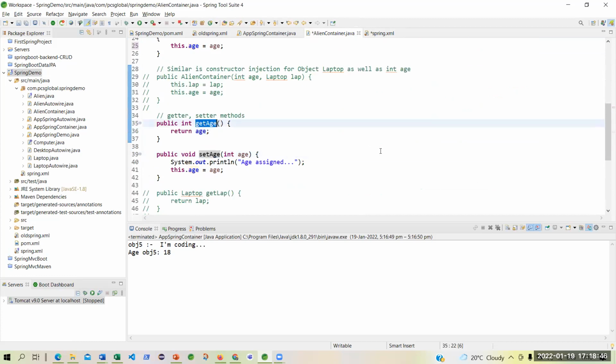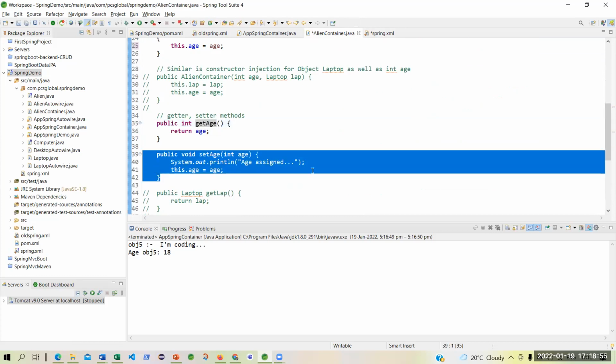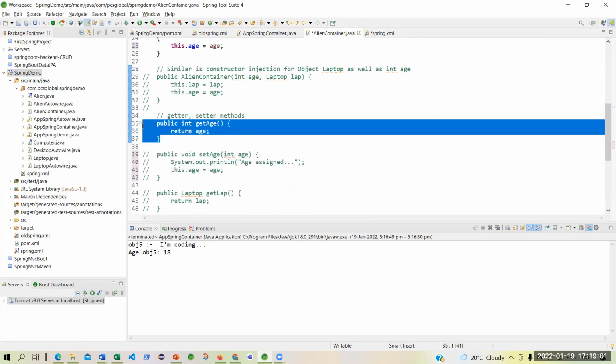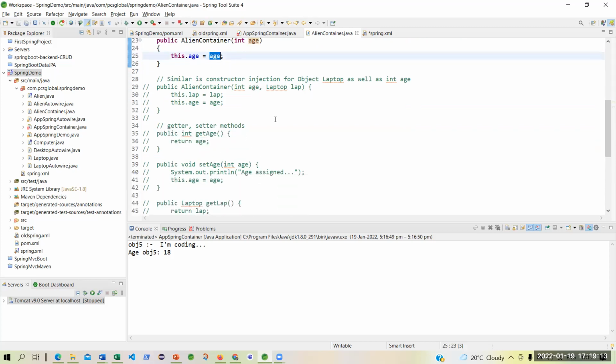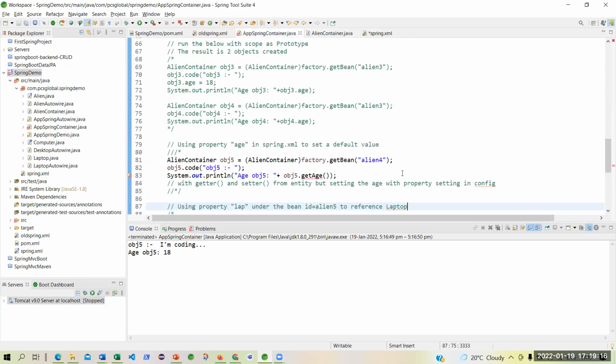So do you think this is required? Set age, get age, or the getter and the setter? No. Can I take it off? Yes, sir. Logically, it should be taken out. But one problem is there. I also agree with you. Why should I? Because I'm directly using the constructor to set the age, like here. So why should I need to do another setting? No. I'm not doing through property. Fine. There, but here I have used get age. So what shall I do? I have to just mention age. That's all.